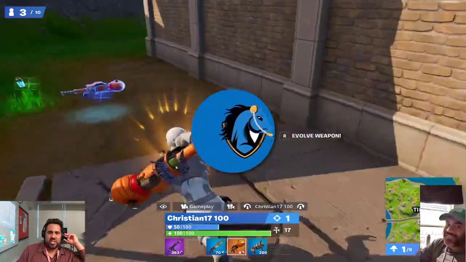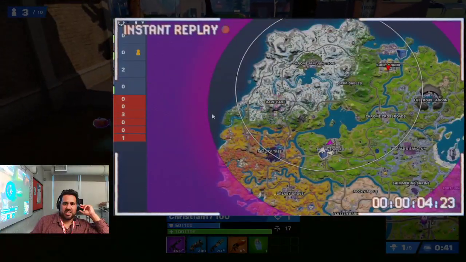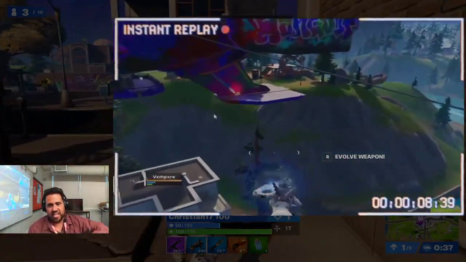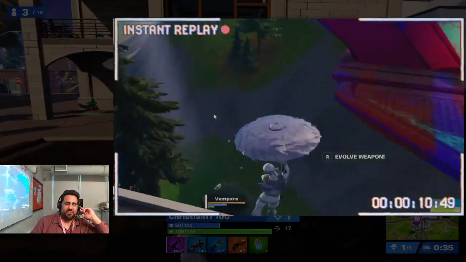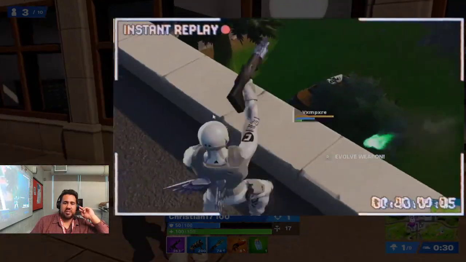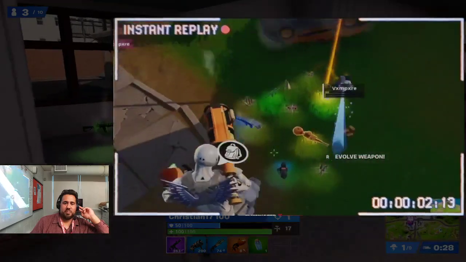Boom. Transition. Christian's going to take the bounce pad, fly around the building. We got Christian chasing down Vampire. Thinks he's safe in the bushes. And that's Vampire thinks he's safe. Taken out inside of the...